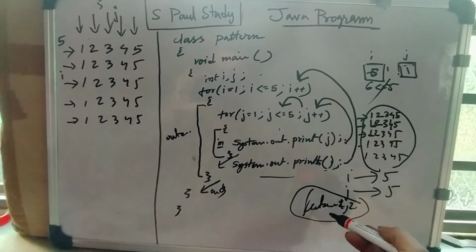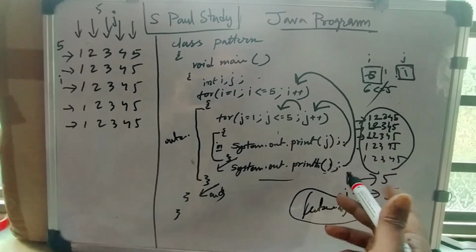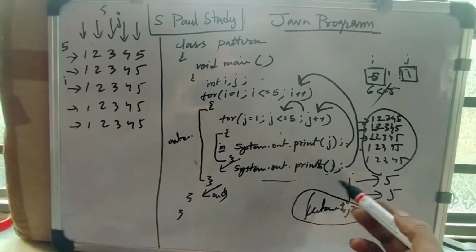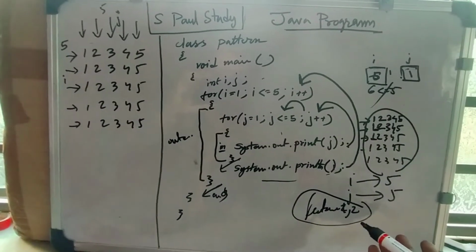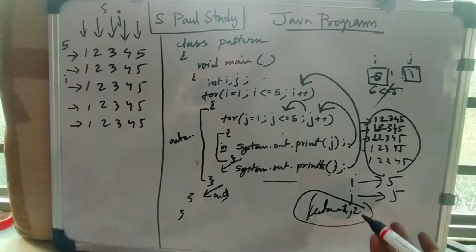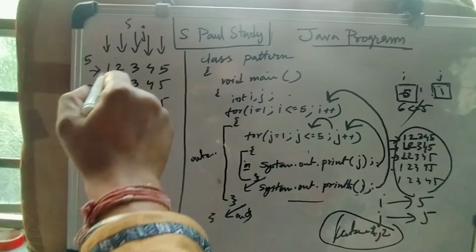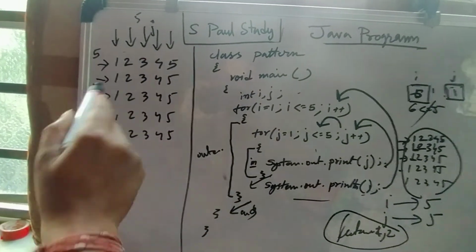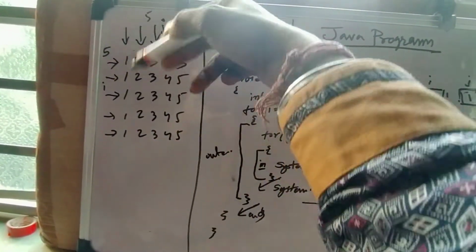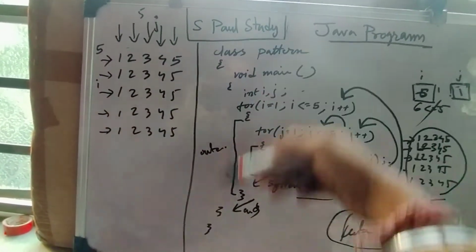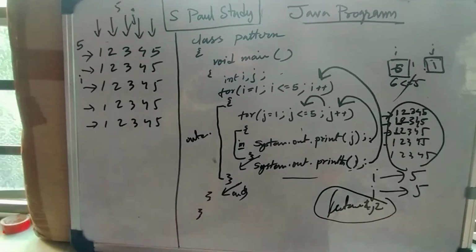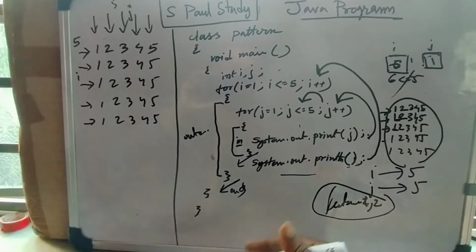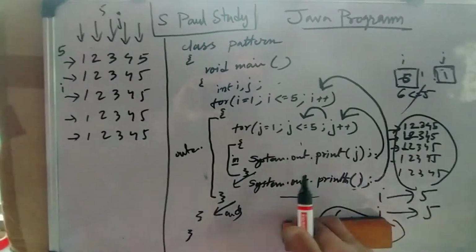But here it doesn't depend on I and j, because I and j both run up to the 5th position. For I the position changes as row, and for j the position changes as column. So again, if we want to print this square pattern,